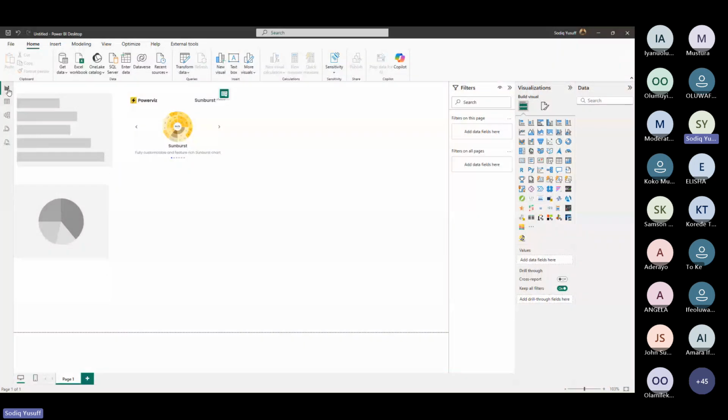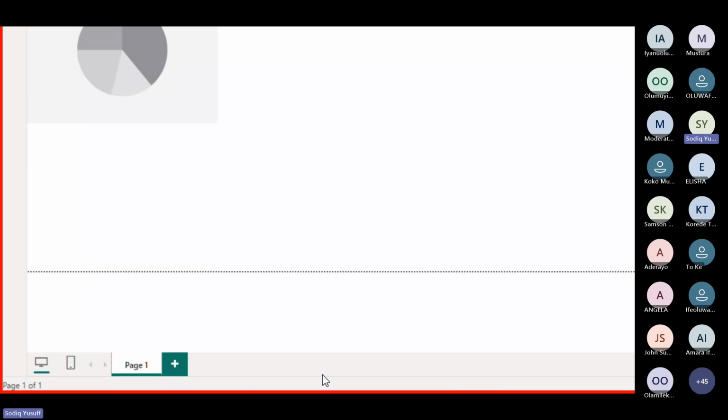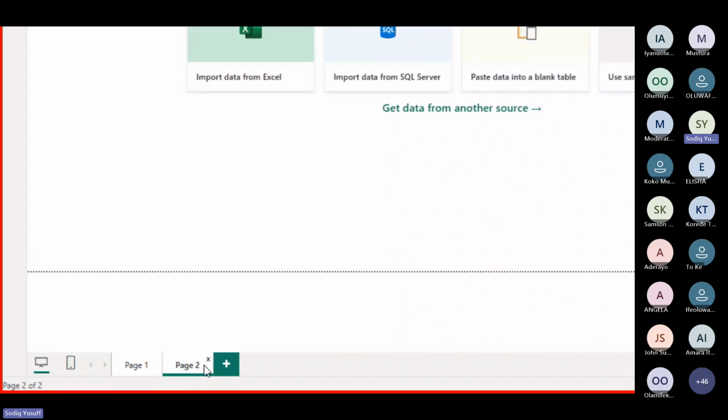Let's talk about the bottom part of Power BI. In Power BI, just like in your Excel, you can create as many pages of report as possible, just like in your Excel where you create sheets 1, 2, 3, 4, and many more, right? Same thing in Power BI. You can see this is my current page 1. If I want another page, I'll just click on this plus sign. It gives me page 2, page 3, 4,